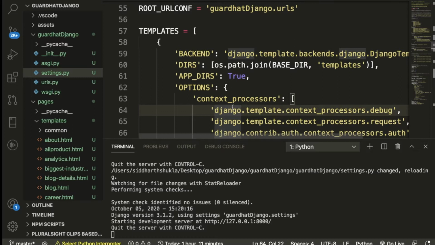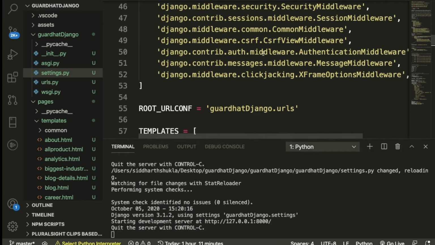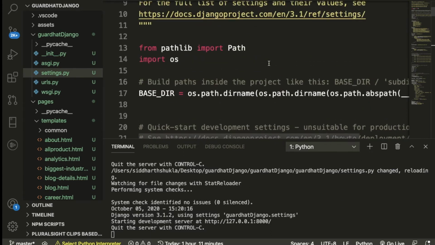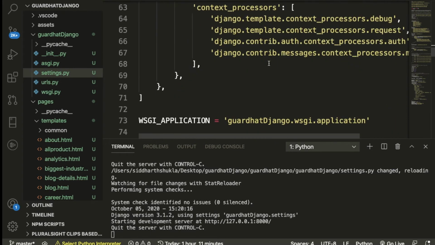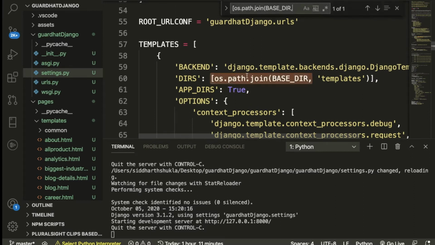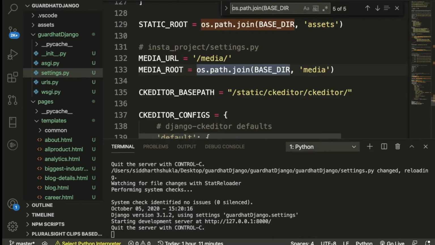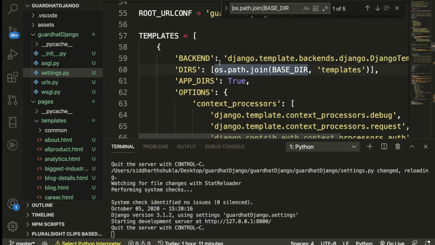And what we're going to do here, suppose first of all, if you don't know how to set up the HTML templates, so guys, we have the templates here. Inside the templates we have the directories basically, so you can put these lines of code, the base directory. Once you successfully add these lines of code, let me show you where this is already used. Look, we are already using it here for SQLite. This is basically the base directory path, so we are using directories here. Okay, might be this is clear now.